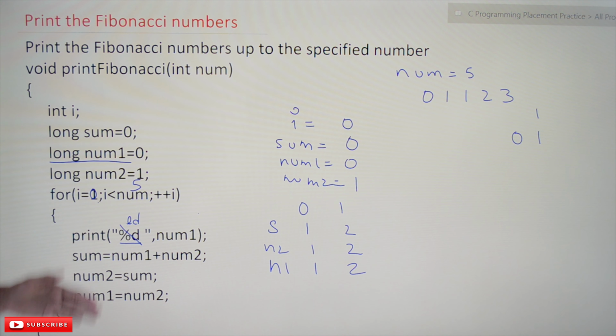So what is that mistake? Printing is okay, and sum is equal to the sum of the two values. So these are the two lines of code that are to be considered.